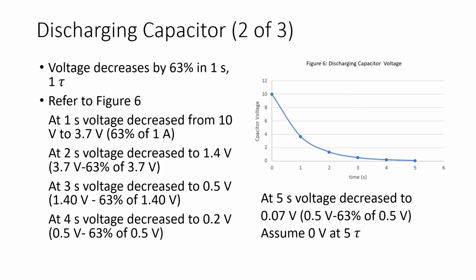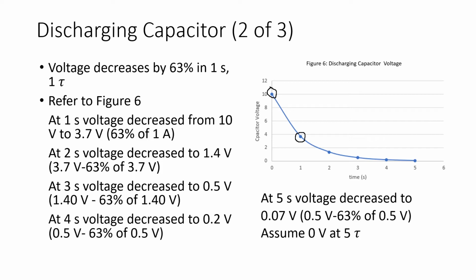So we look at the plot of figure 6 and note the instant the switch is placed in position 2, this is time 0, the voltage across the capacitor is 10 volts. At 1 second, the capacitor voltage has decreased to 3.7 volts, and this of course is a 63% decrease from